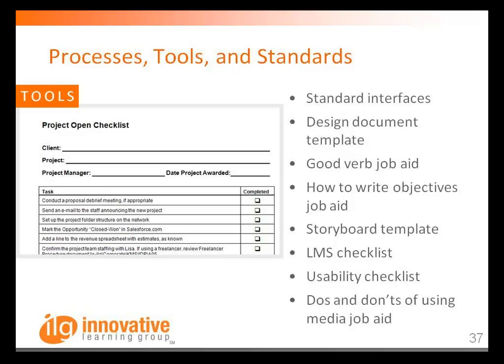The next category here is tools. By tools, I mean things like job aids and templates. Right now, I'm not talking about authoring tools. We'll get to that later. What you see on the screen now is a portion of a project open checklist on the left side of your screen. This is a simple tool that we use here at Innovative Learning Group when we start a new project. You see some other tools here on the right side of your screen,